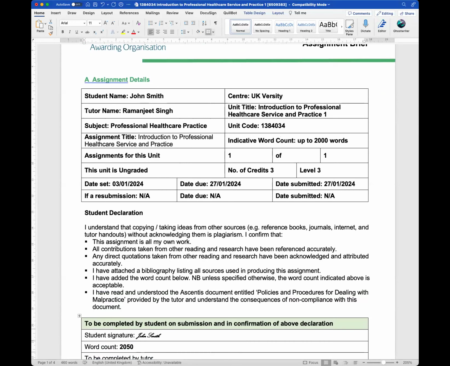Now, one of the other things which I just want to show you and obviously go through, for the benefit of those who are attending, and obviously those who are not able to attend will catch up on the recording. One of the things most awarding bodies are asking us to put into practice is primarily